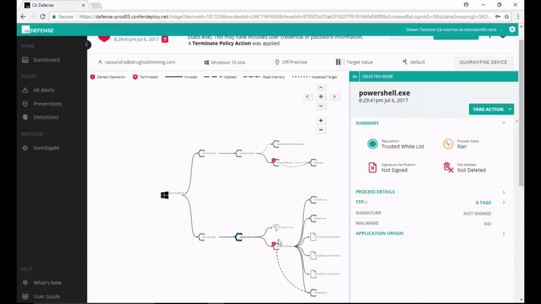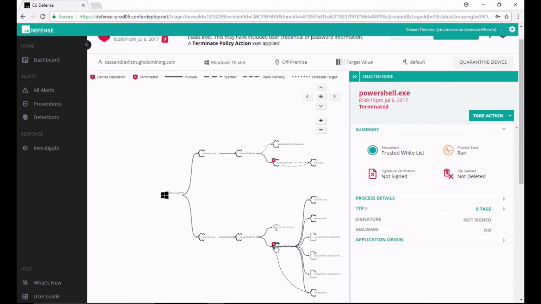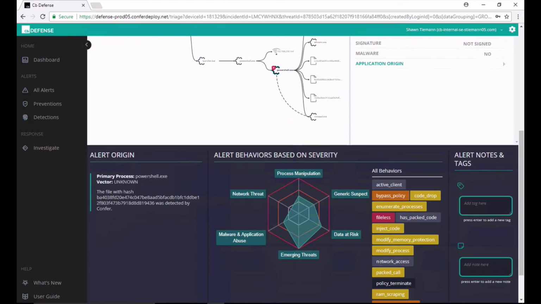192.168.230.154. I can see that AppDefense stopped PowerShell from running and that PowerShell attempted to inject into notepad.exe before it was terminated. I can scroll down and I can see which behaviors were exhibited in this attack. Streaming prevention is powered by this ability to attach TTPs, or tactics, techniques, and procedures, to these processes in real time and use the accumulation of these TTPs and determine, is this suspicious, is this malicious, should I take action